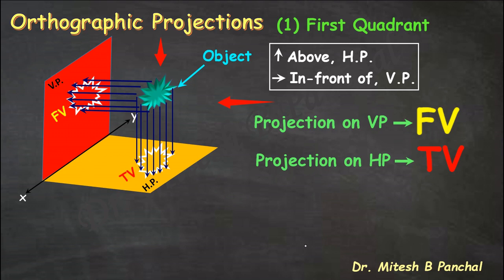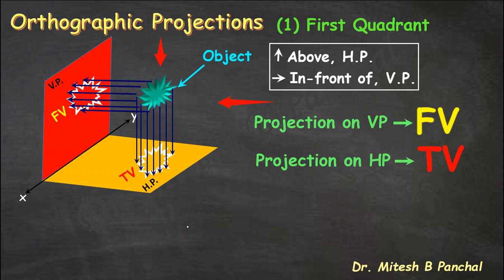and projection, both the projections are on HP and VP. Means in this way we cannot represent an engineering drawing when two projections are in planes which are perpendicular to each other. In real practice, when we draw the projections, both the projections are on the same sheet or on the same plane.